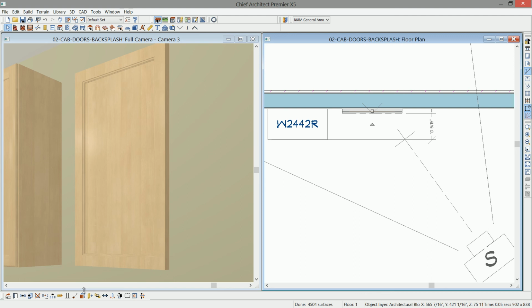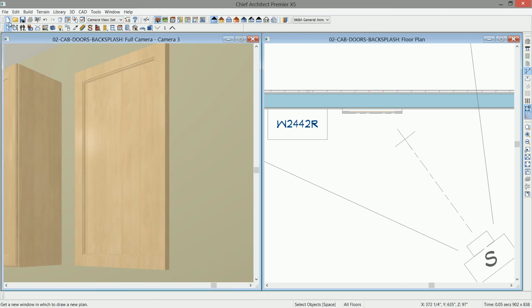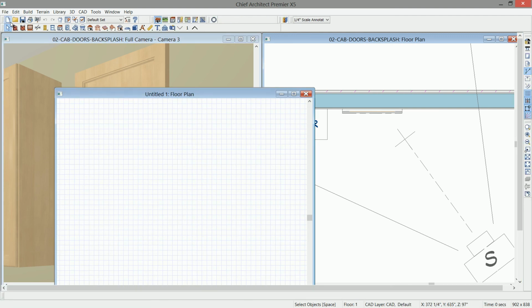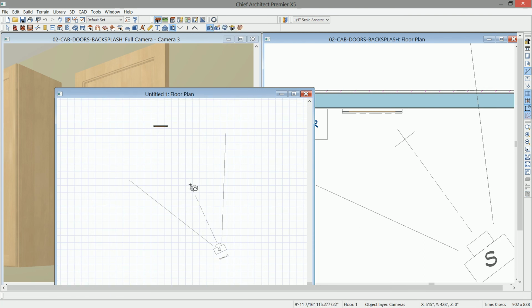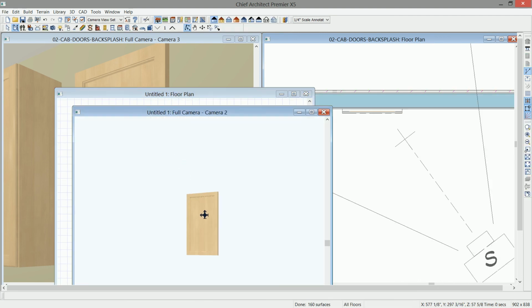And let's explore how to convert that to a door symbol. Open up a new plan here in the menu. I'm just going to grab a new plan. I'm going to paste this element in there. And let's take a 3D. Just drag my camera in the direction of that. So here's our door. And the reason I've pasted this into a brand new plan is just to isolate the